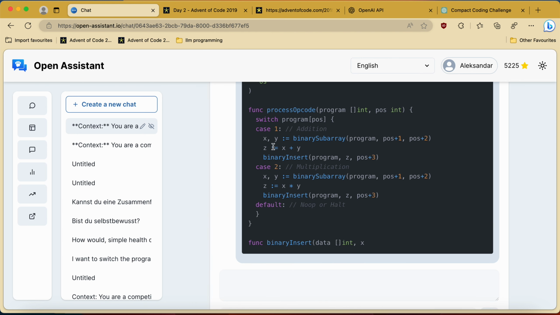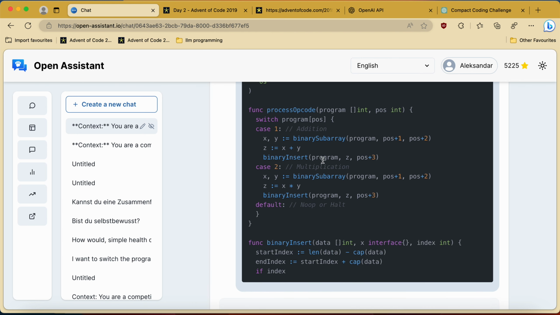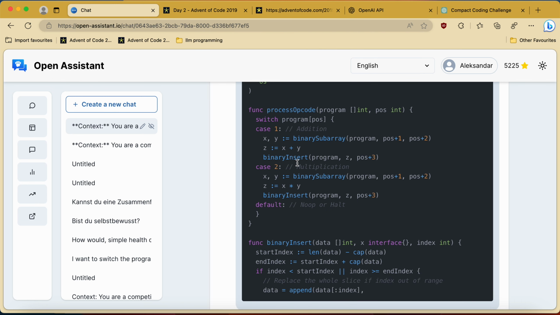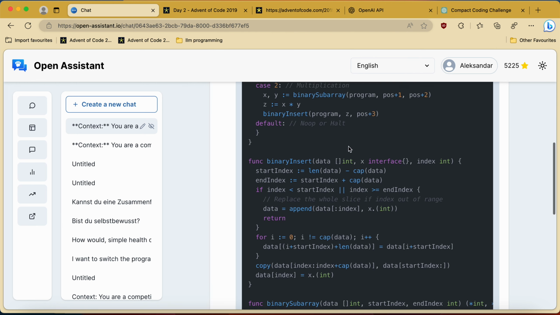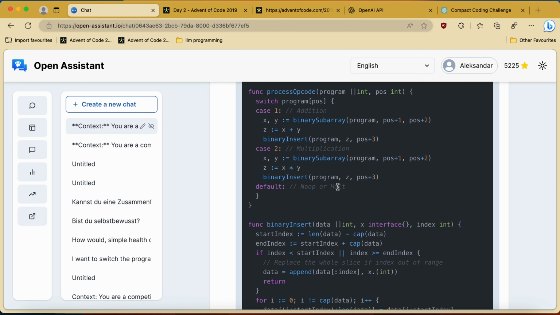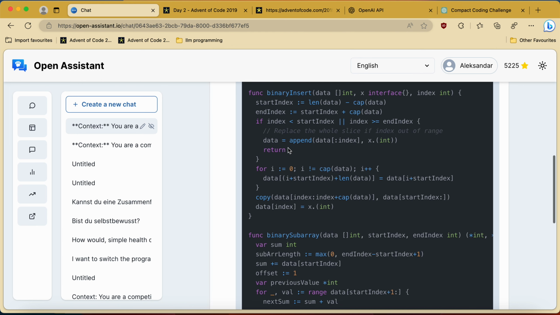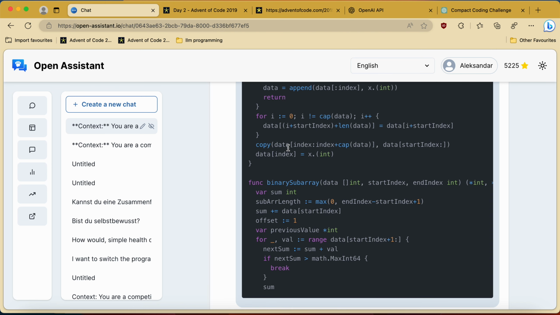Okay, that's addition, perfect, binary insert and so on, and we have the program like array. Oh, that's nope, or hold, and it's this program